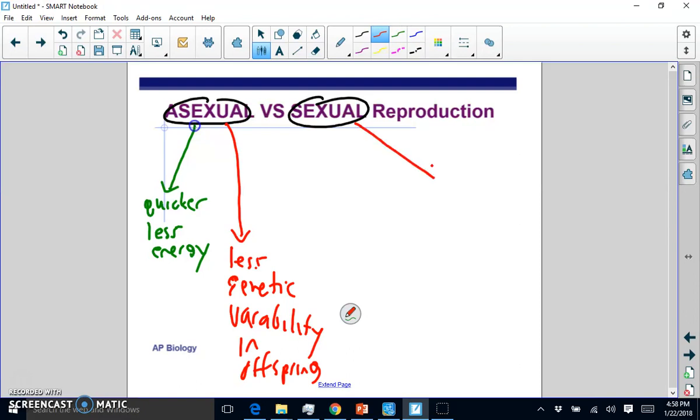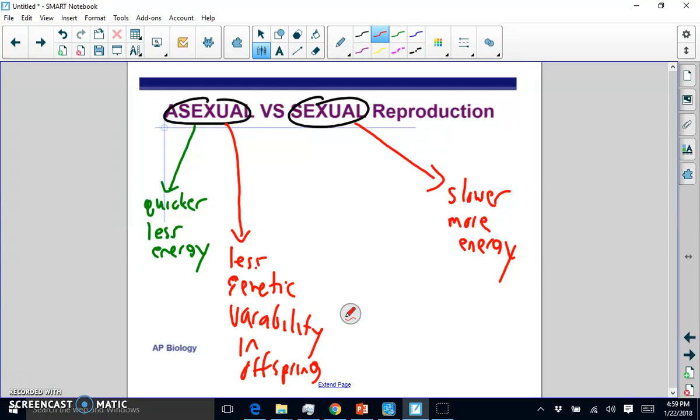The disadvantages of sexual reproduction, okay, is that it's slower. Okay? I mean, not only do you have to go through courtship behaviors of finding the mate and taking them out to dinner or whatever, lions roar and peacocks dance. Not only do you have to go through courtship rituals, but the pregnant female has to grow the baby for however long the gestation period. Humans, 9 months. Other organisms have shorter gestation periods. So it's slower, okay? And it also requires more energy for various reasons. Growing the baby, producing the baby, all those things require energy, as opposed to just dividing in half in asexual